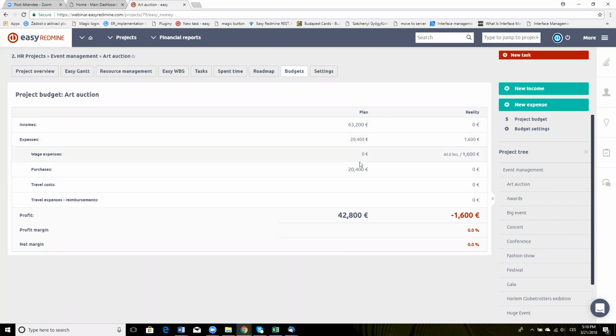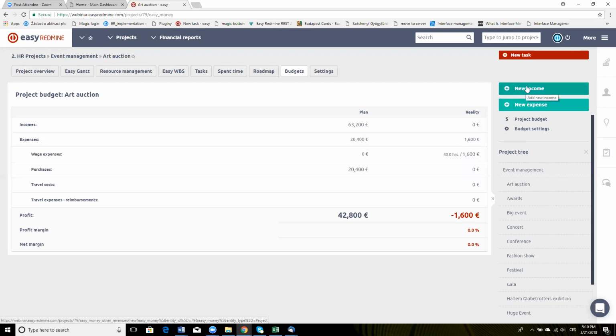I recommend to plan the financials before the project starts, and then just not to change the plan, so that it can be compared with the actuals all the time. When we are creating the project plan, or when we want to track the financials,